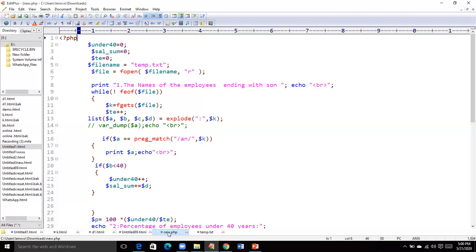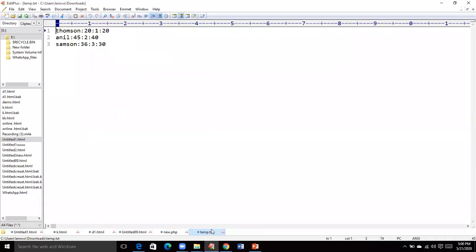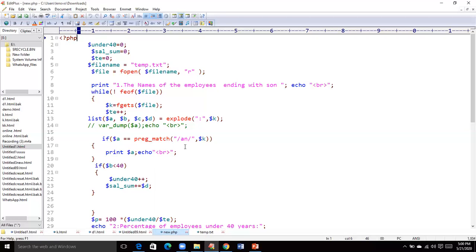In this txt file, there are only two names ending with son, Thompson and Samson. My logic is that, other than the pattern which I have written here, an, the pattern is not there in Thompson or Samson. I compare this with scalar array, because it contains names.